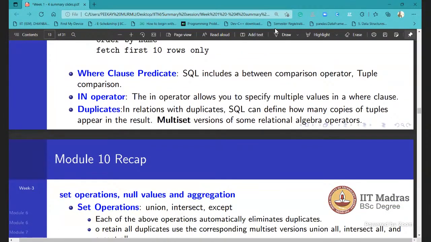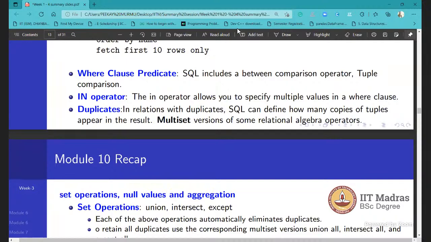So in the where clause we mention the predicate, and you are pretty much familiar with the between operator. Suppose you have to find the employees whose salary range is between 50,000 to 1 lakh.